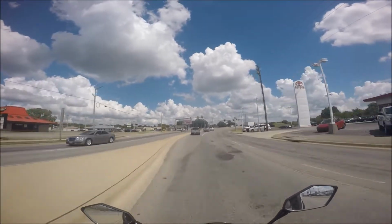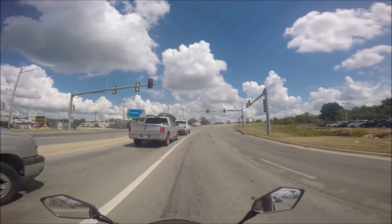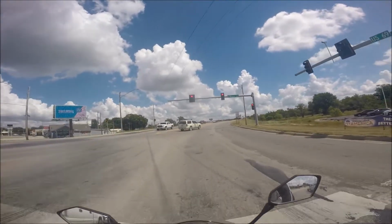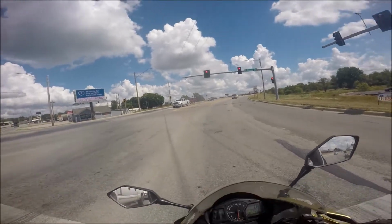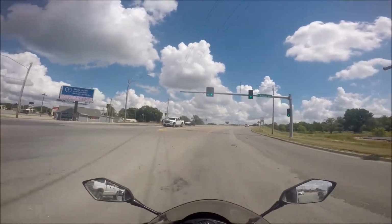He's setting the pace, or not really setting the pace, but he's helping the rest of the bikes as sort of a blocker, if you will,